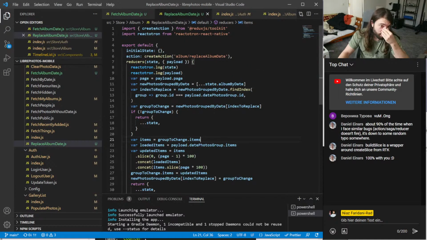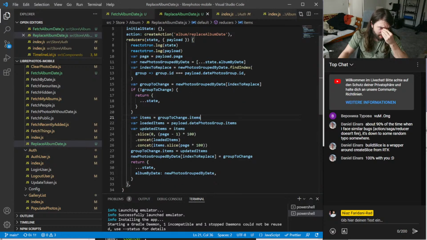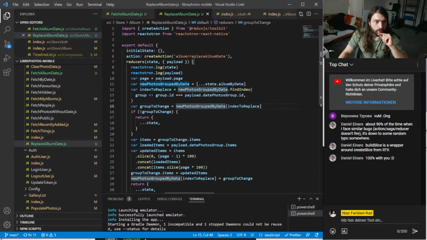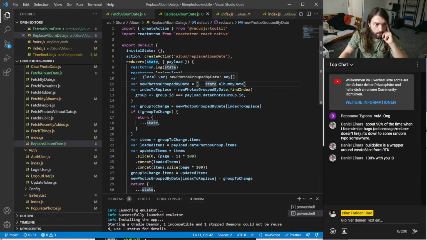Okay, so reducer to run. So I'm here. If group to change return state, what is happening? Okay, so I have on payload my page, and I have the new photos group by date. That's just the new list we're going to replace the old list with.